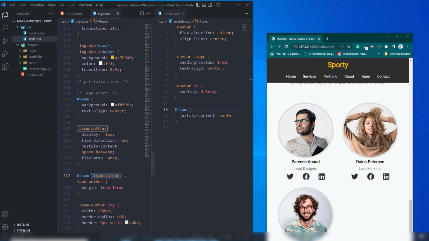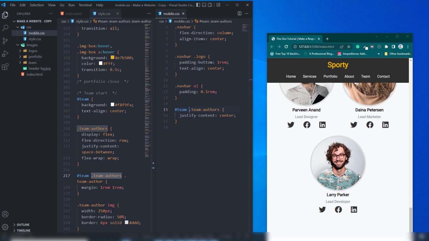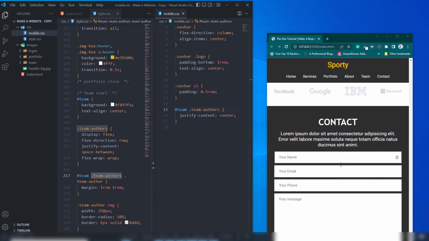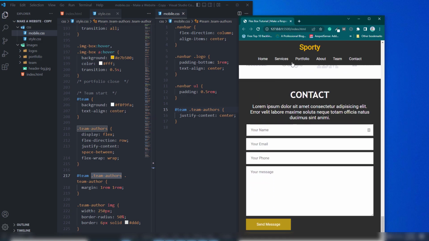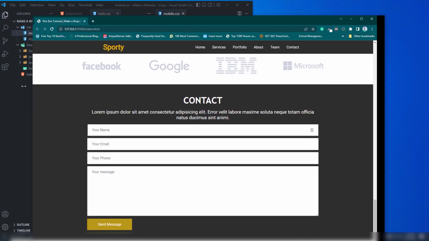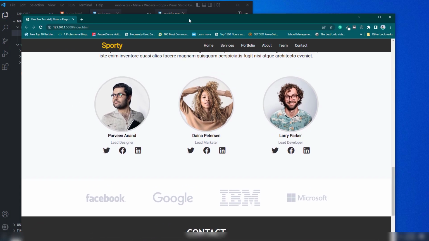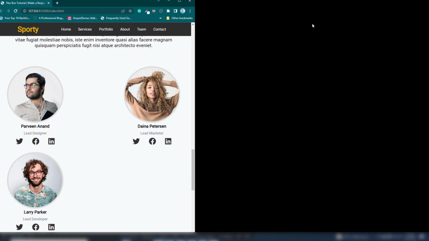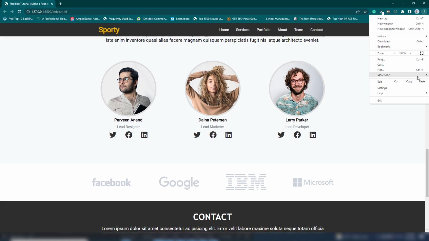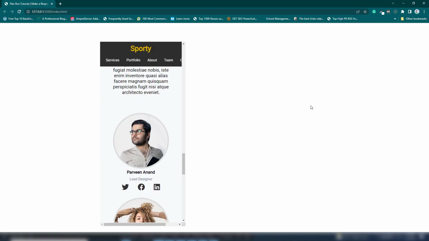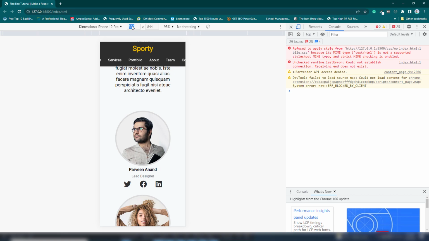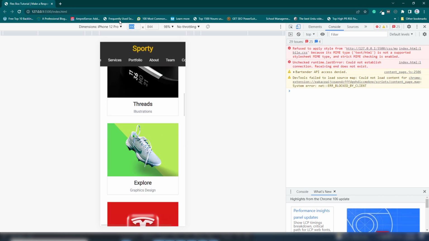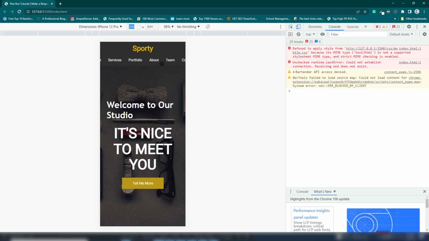Team authors. So dot authors. Perfect, right, guys, as you can see. So very simple. So this is our, right, so this is our small screen. This is a size we need to check inside Google Developer Tool. So 7, this is a small screen, but inside there,